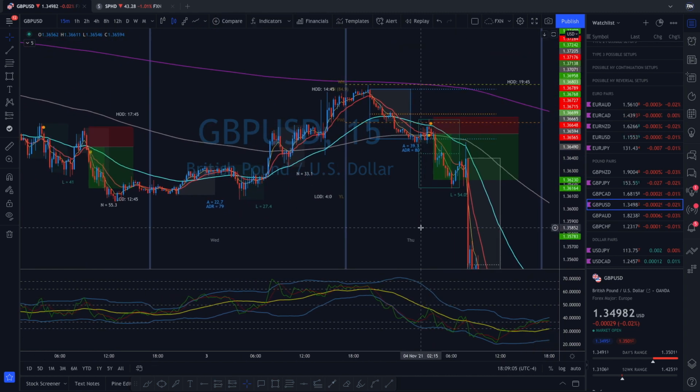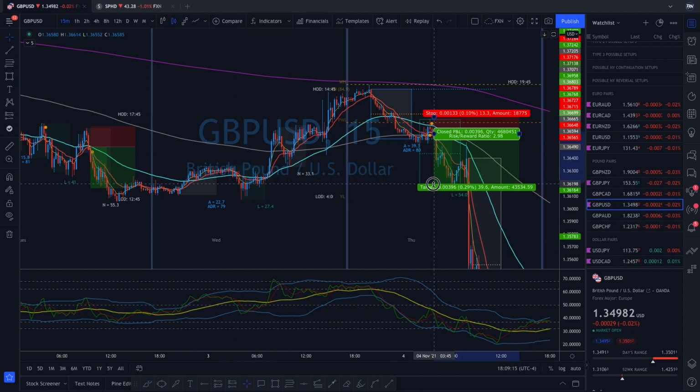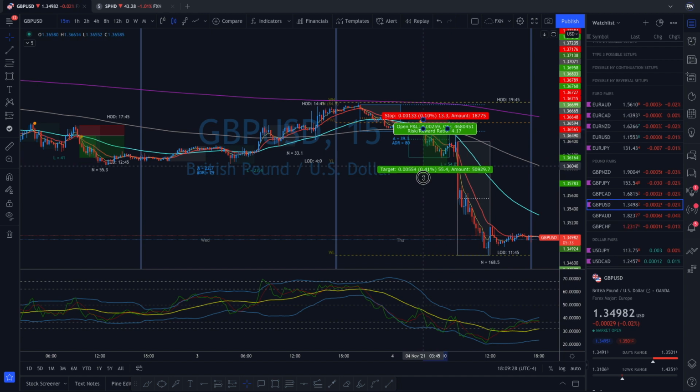I couldn't use the EMAs, obviously, so I had to use structure. Look to the left, where's the closest structure, anywhere around this area. And essentially, I just took it down to the same thing. 136, 200 was my take profit on this one as well. Close to a 3-to-1 risk to reward ratio. More than happy with that. And like you see, obviously this thing rocked as well. Over 178 pips, ridiculous. But for me, I'm extremely happy with my 39, 40 pips or so, and I'm happy